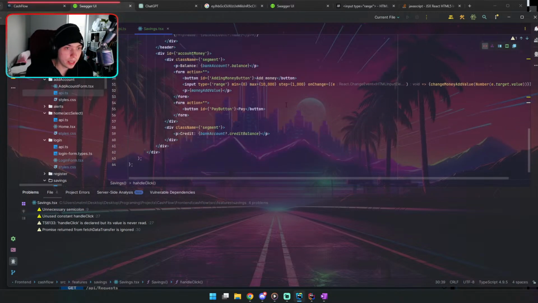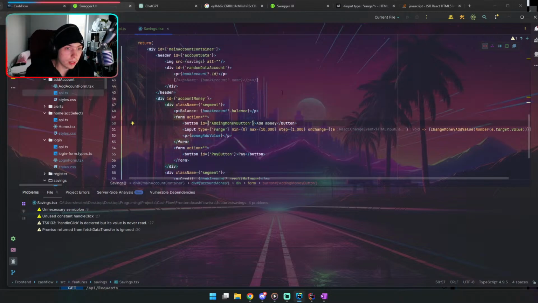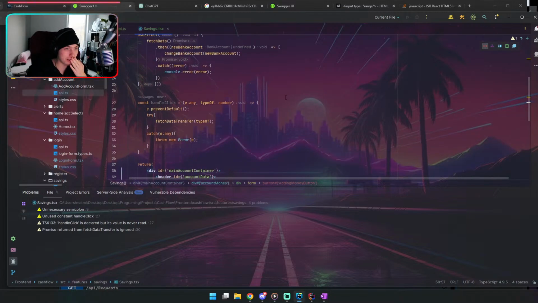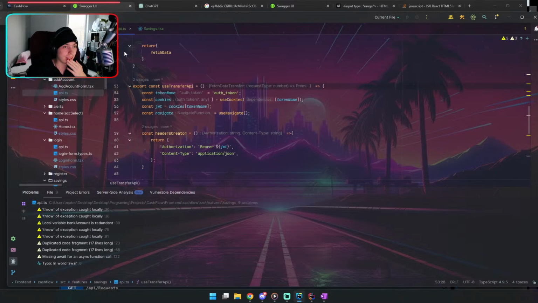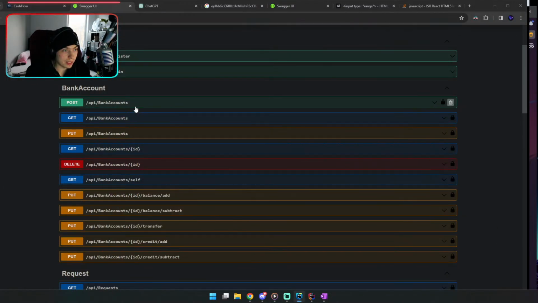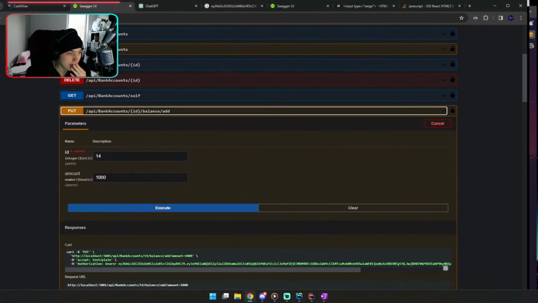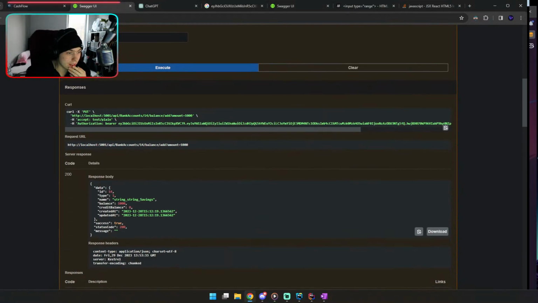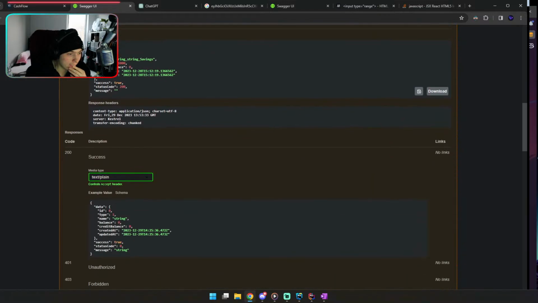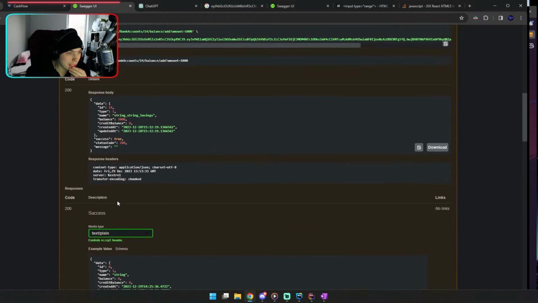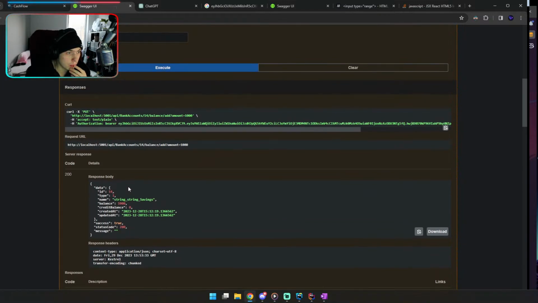Great, and we will try right here to fetch data transfer with a number of type of. Okay, and right here in a button on click. So, oh yeah, and also we do need a value. I forgot that there are some things that you have to put in it, not only a number. We have an ID and there is also an amount. So it expects us to